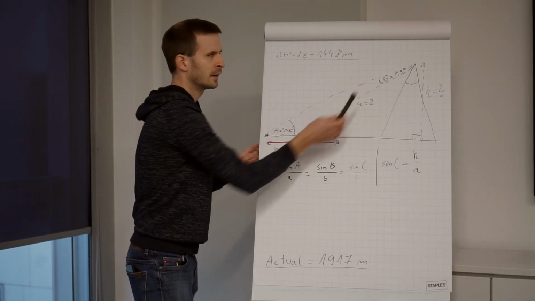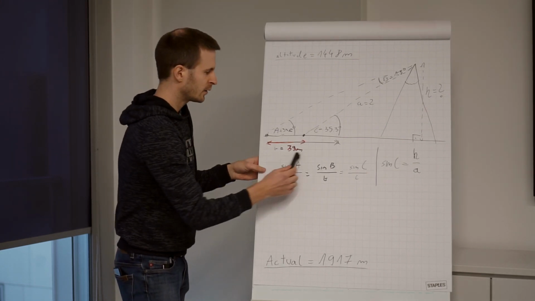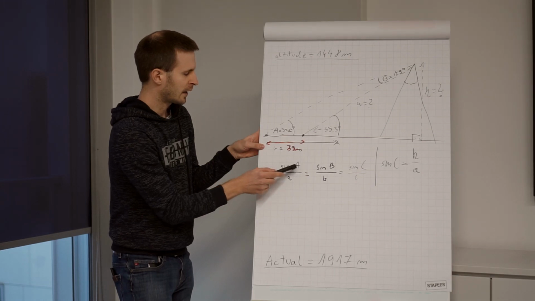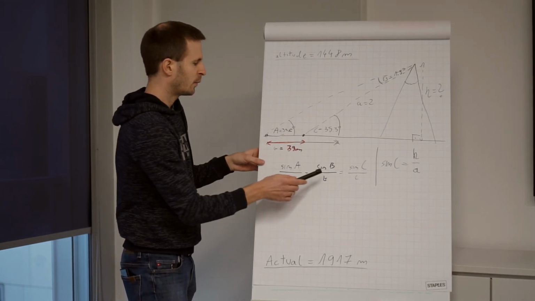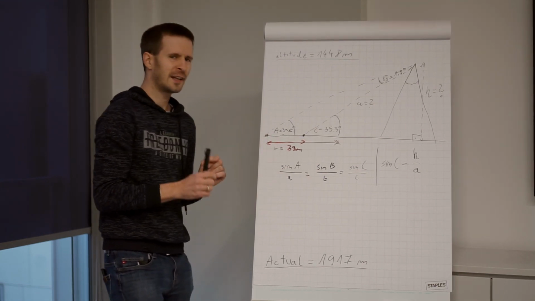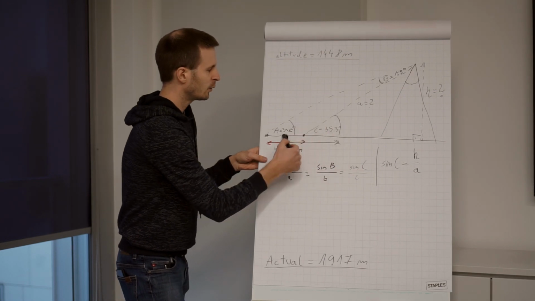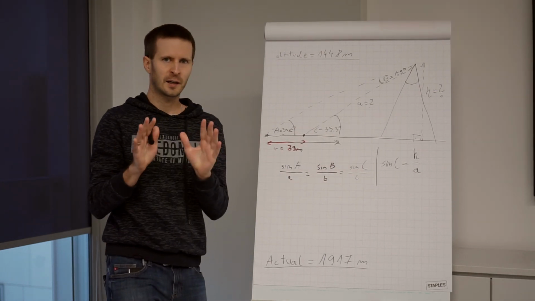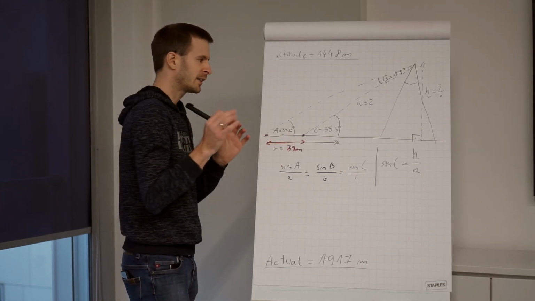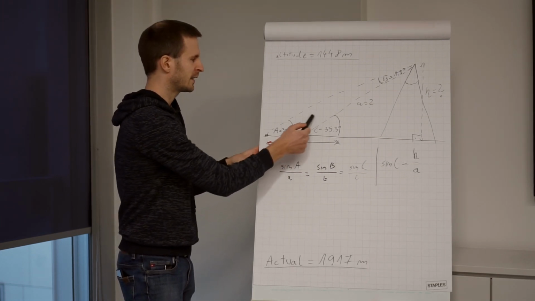A is here. So first, we have to calculate a. In order to do that, we can use this equation over here. We know our a angle, so we can calculate sinus of a, but we don't know b angle here. So I already know it, but let me show you how I got to it. We know that on a straight line, these two angles here, this and this, give together 180 degrees. So if I subtract from 180 the C angle here, then I will get the degrees of this angle.